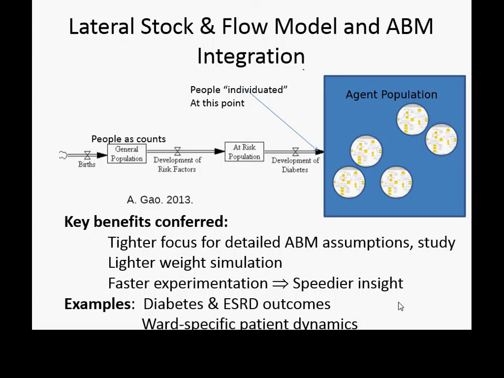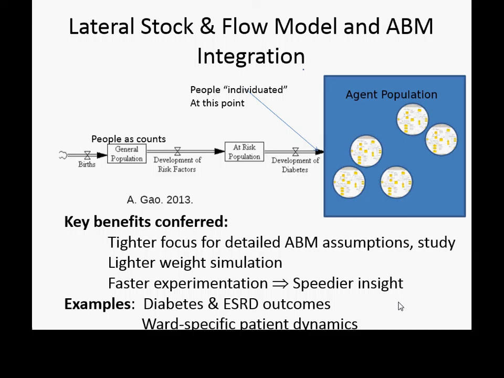80% of the population, maybe 90%, is characterized with a system dynamics model, much lighter weight. We put our computational resources into things we care most about. Bigger bang for the buck. Faster experimentation. You can run it quickly, get that loop of insight going to advance your learning, and you shape the evolution of the model. That's really important. These models are learning tools, and facilitating that learning through lightweight experimentation really adds something to the process. It may mean your stakeholders can interactively run the model, which is powerful.